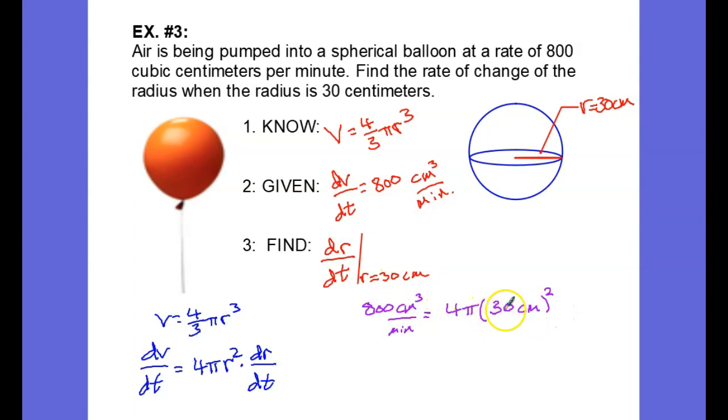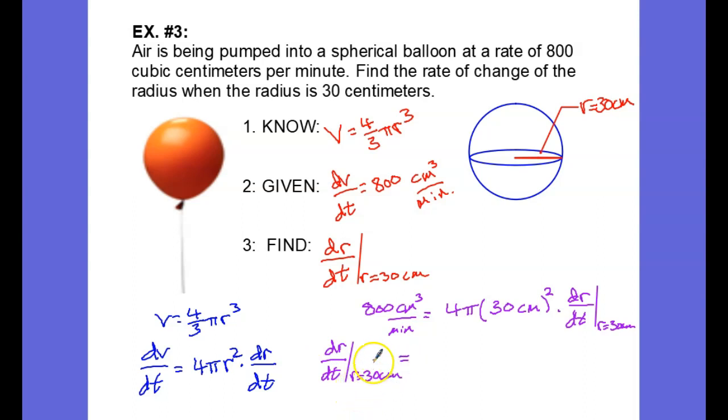So the 30 is getting squared and the centimeters are getting squared, times dr/dt when r equals 30 centimeters. So now we have an equation that we can solve for dr/dt. So we have dr/dt when r equals 30 centimeters